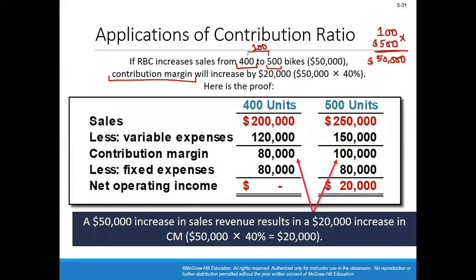Now, it is our sales value. Now we have the contribution margin ratio of 40%. From where are we getting the contribution margin ratio? From the previous calculation, we have learned that our contribution margin ratio is 40%, as long as our sales price and our variable cost per unit remain constant. So if we multiply our incremental sales of $50,000 by the contribution margin,